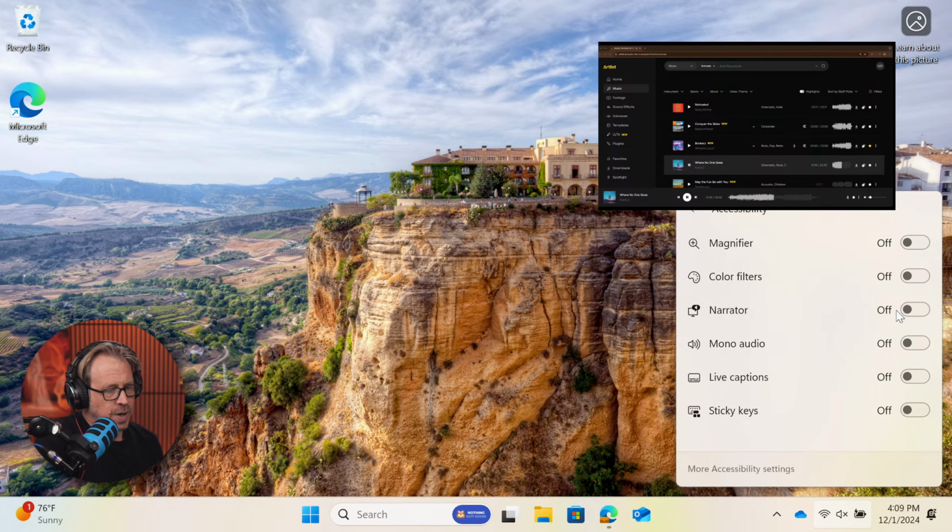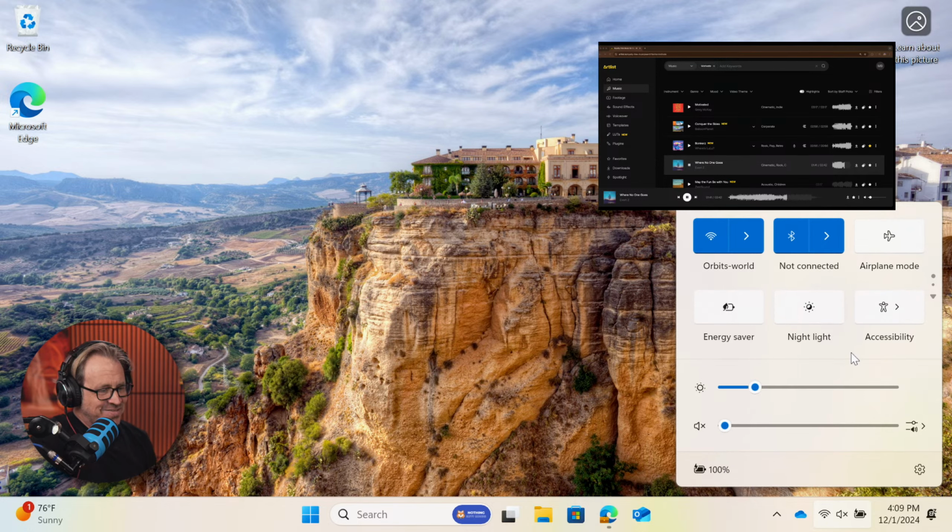This is a really good spot if you need any accessibility features. I won't do some of these right away, except for the color filter. If you just want to remove color from your screen altogether, take a look at, there you go, right? It just removes all the saturation completely. You can do live captions. You can do a magnifier if you want. It's not going to work out really well on this live show, but